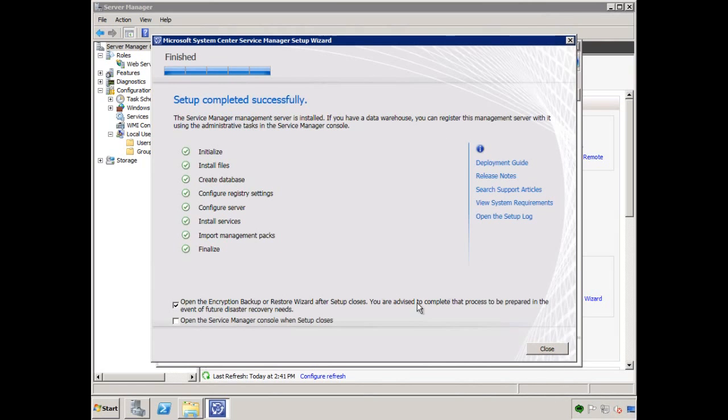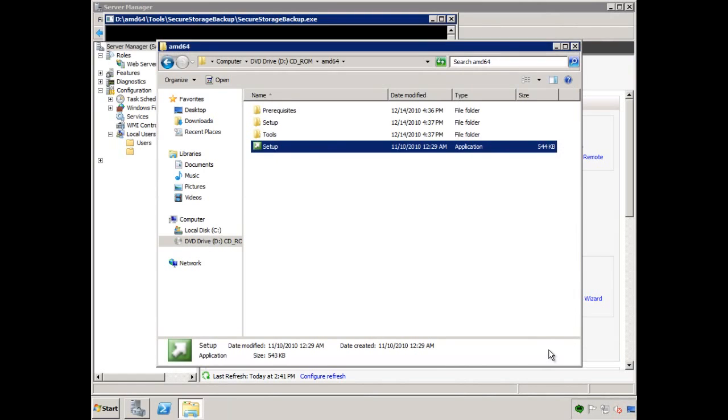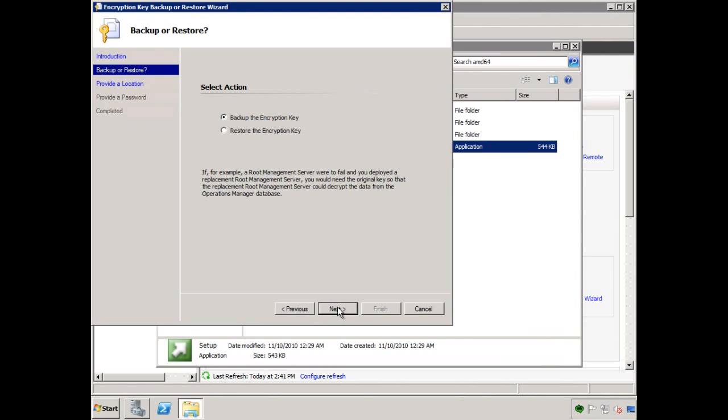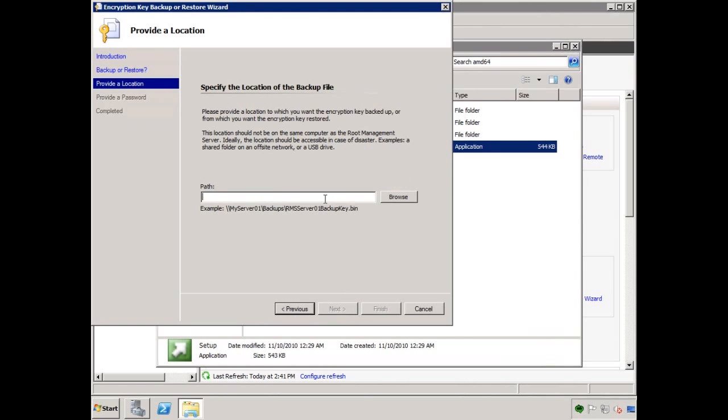So once the installation is completed, we do want to run this encryption backup, because if there was some sort of disaster, this is what's used to do a lot of the encryption of sensitive information. So we actually want to run this wizard. And I posted a FAQ on ntfaq.com that if you don't run this, you can manually run this wizard. So I'm just going to back up the encryption key and